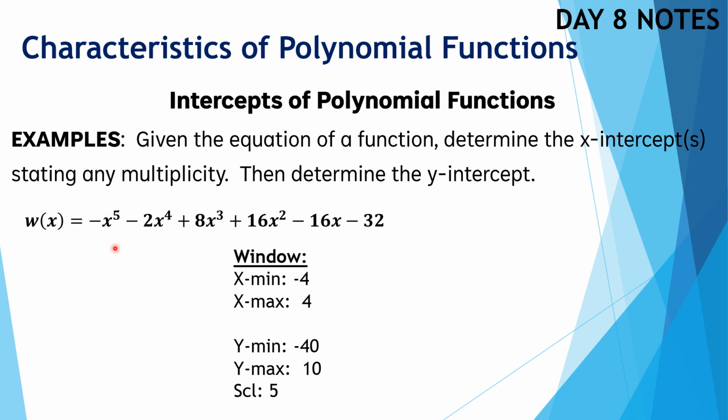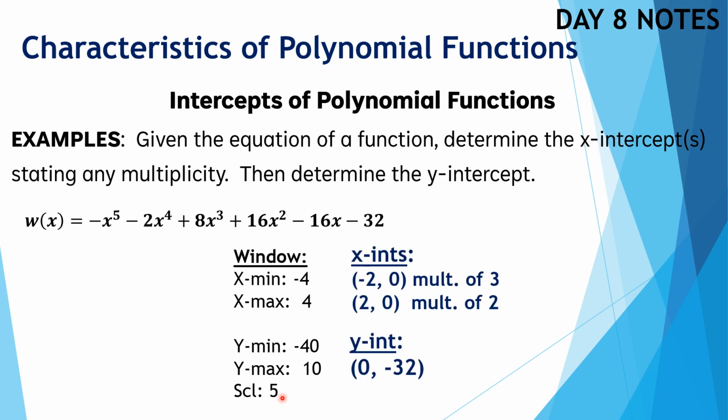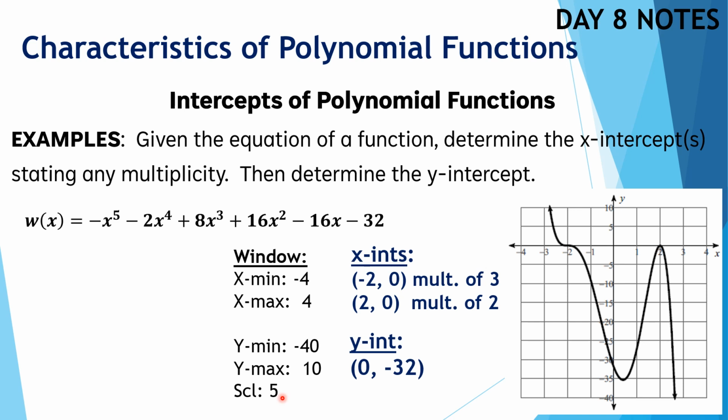Let's check and see. So change your window for your x's to go from -4 to +4. Change your y values to go from -40 to +10. And you'll notice in this case, we're also changing the scale. We're going to count by 5s because we've got such a big range for the y values. After you get all that in and you press graph, you will see your x-intercepts occurring at -2, 0